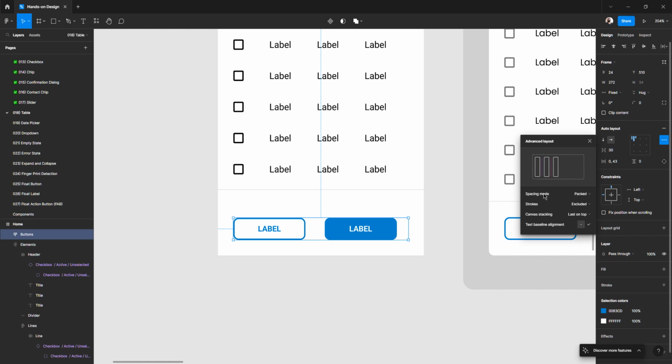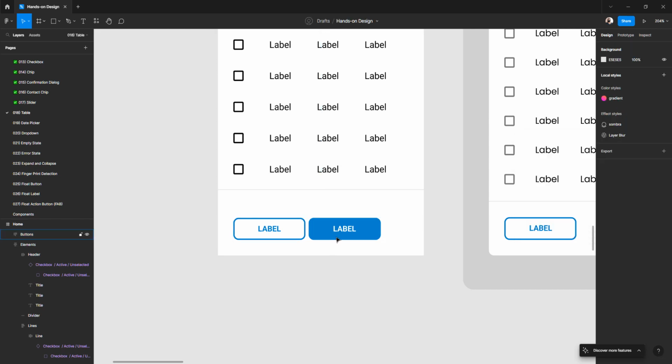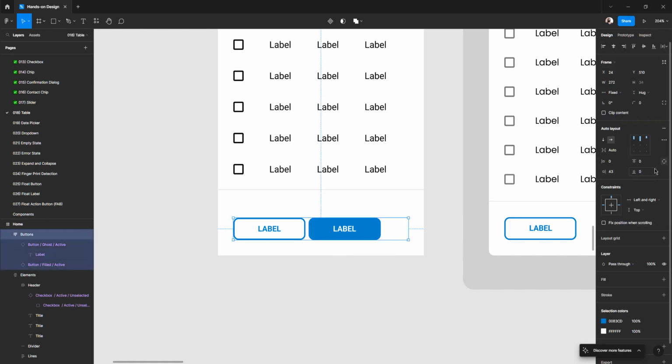This spacing mode packet we can open and go with space between left and right. Because space, I don't know what's happening, but space between. Let's see. Auto. No. Let's see, 32, 0, something like this. Because space between, let's see if I increase that much. Yeah, normally the space between, it's gonna be